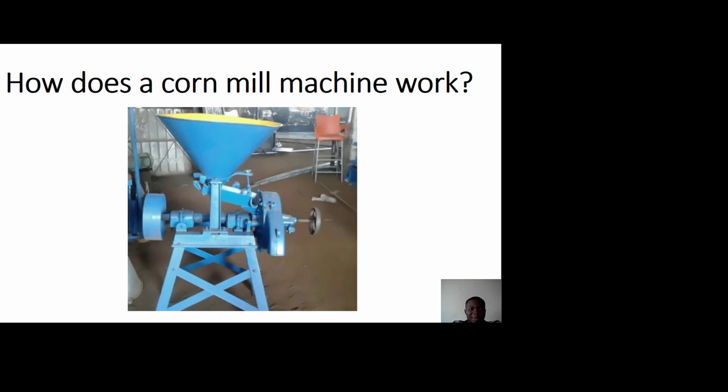And we usually use the corn mill machine as an example since its work is similar to the computer, because it first receives the raw materials, that's either maize or cassava. It then processes. Then at the final stage, it brings out either the corn dough or cassava dough. That's the final product. So the computer also uses the same method in processing data to become information.